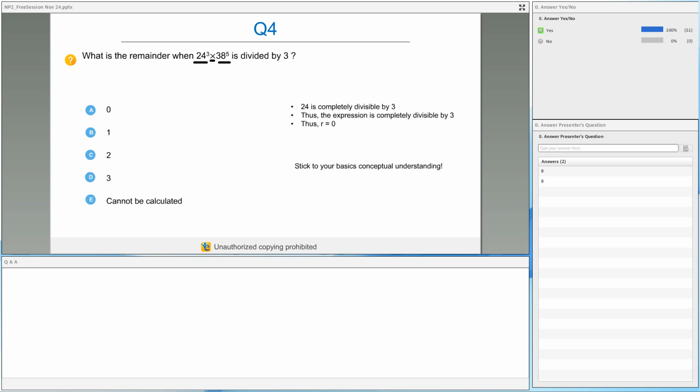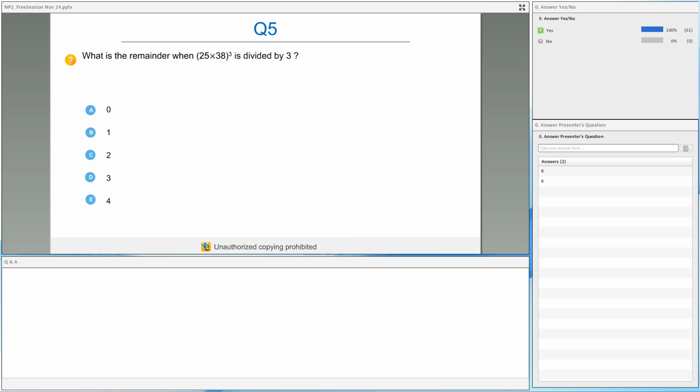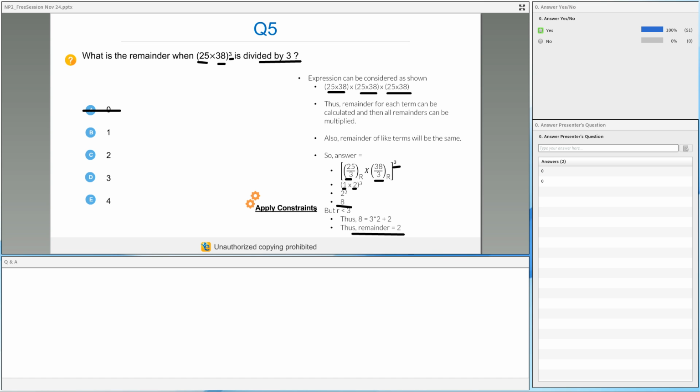But if you have a non-zero value, like in this case, you need to consider the power. The power never goes anywhere. So even when you solve 25 by 3 and 38 by 3, whatever you get, you need to consider the power later on. The idea behind solving these questions is simple. First solve whatever is there without the power. Once you get the remainder, bring back the power. Find out that value, because now the number becomes small, so it will be easy for you to solve. That is why we are using this method, nothing else.